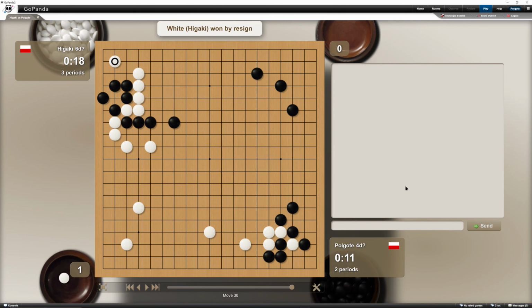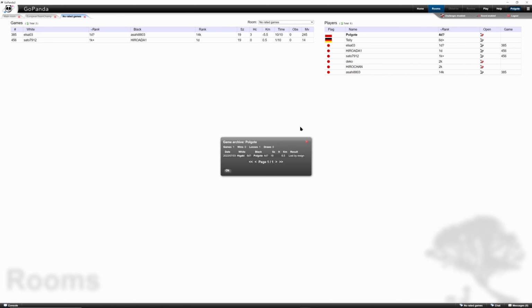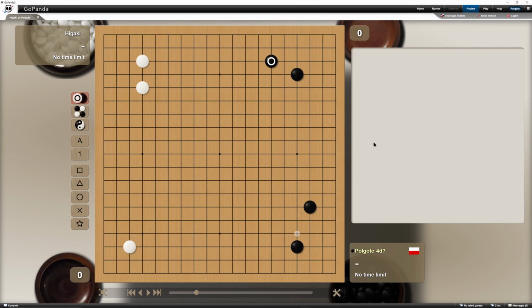You just finished a game and want to review it with your opponent on Pandanet. What can you do? Go to Rooms, Yourself, Game Archive, select the game you're interested in, then you would think Open would be enough. But unfortunately no, because although yes, this is a review, this is an offline review, so